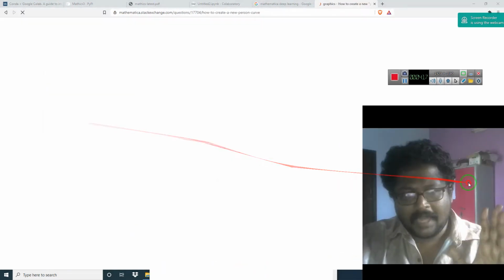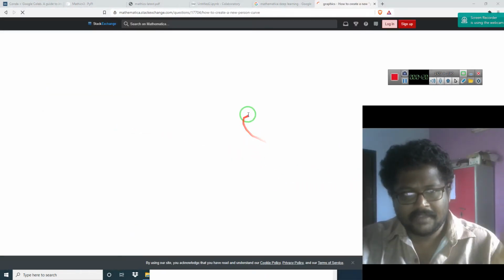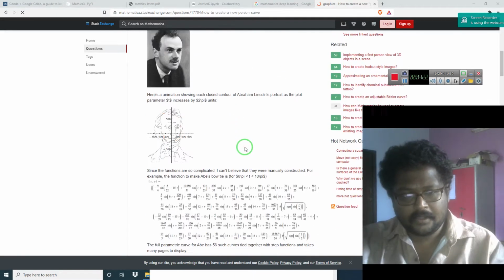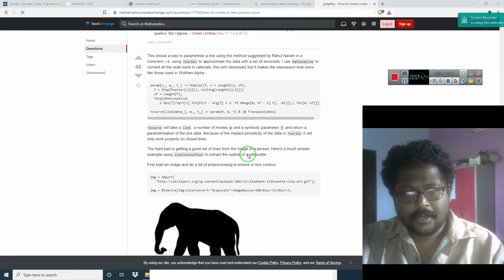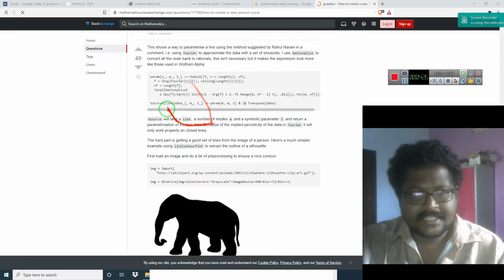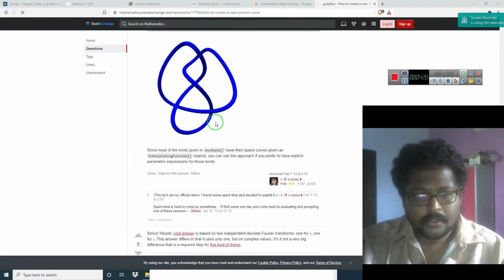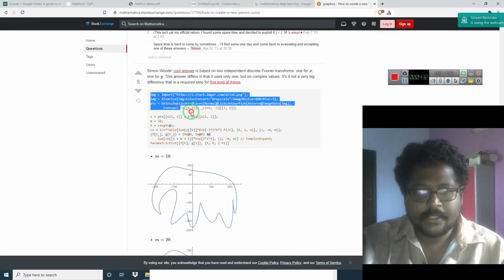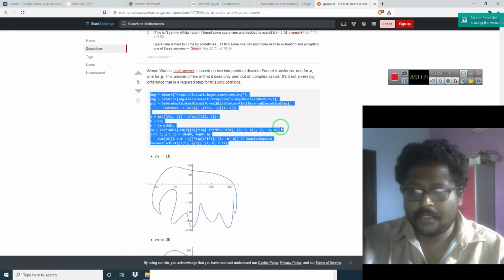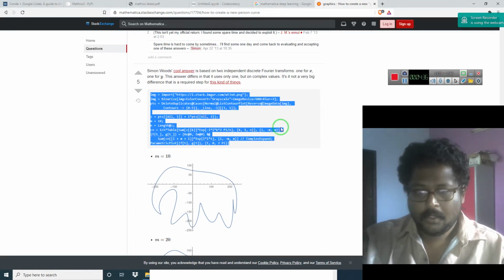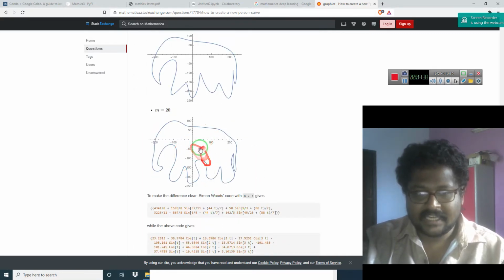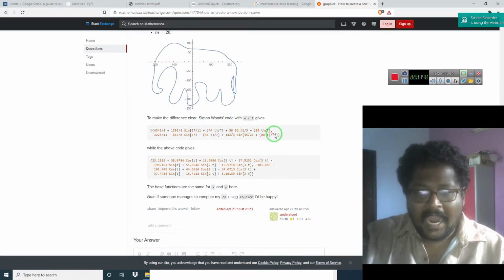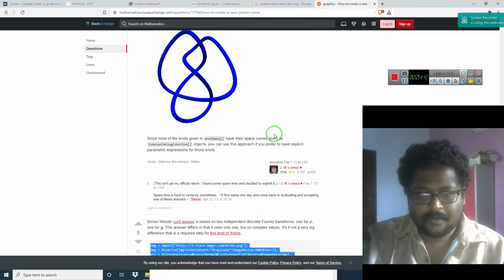You can plot any curve. If you want to draw an elephant, you can draw an elephant. If you want to draw this, you can draw it. You can draw anything with this kind of code. I will show you this code. This code is very simple. Within these things, you can even put the equation of a black hole if you have the cross section of it. Even for fractals, it is drawing the cross section of the elephant, and it has lots of fun with it.